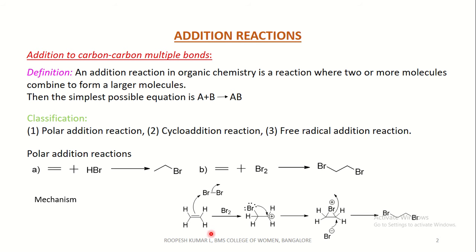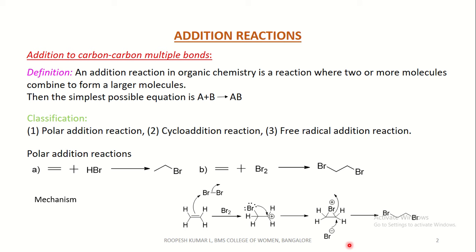Coming to the mechanism of bromination, I have chosen the mechanism for bromination. That is, there is an ethylene. This double bond attacks bromine with the elimination of a bromide ion. Since I have told you this bromine also acts as a polar molecule, that is, one of the bromines possesses a delta positive and the other bromine possesses a delta negative. Hence it forms a carbocation. And the lone pair on bromine attacks this carbon, which neutralizes the carbocation to form a bromonium ion. This is called a bromonium ion.